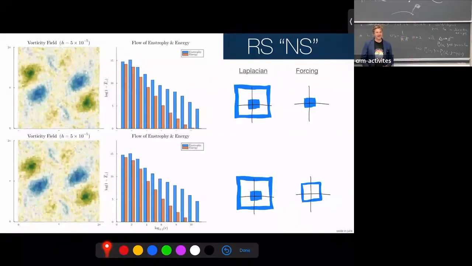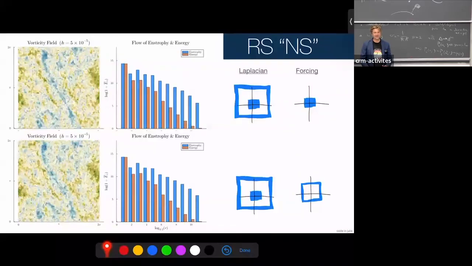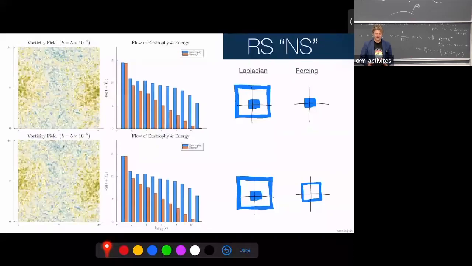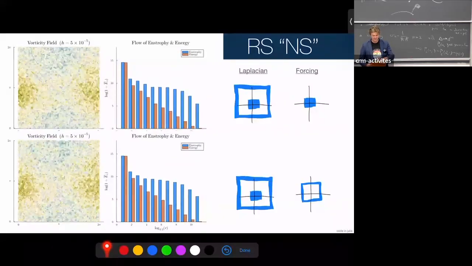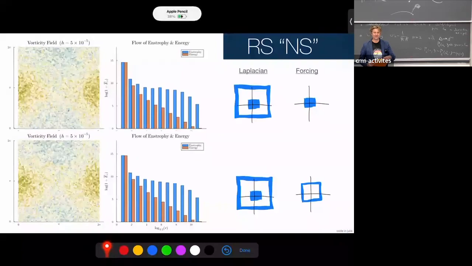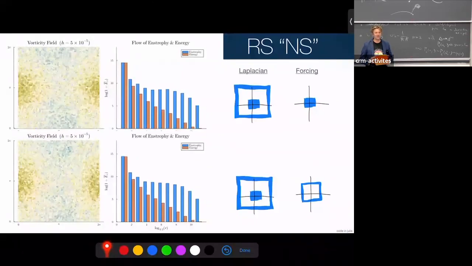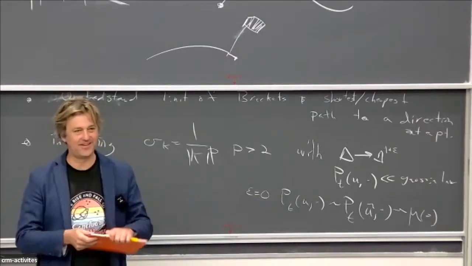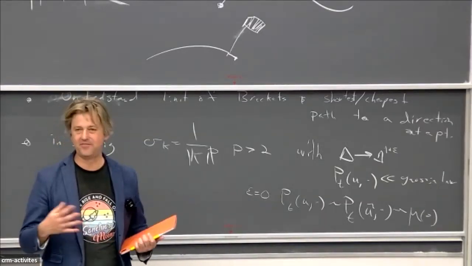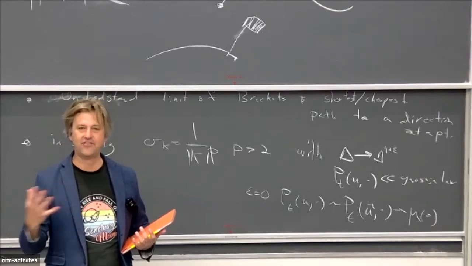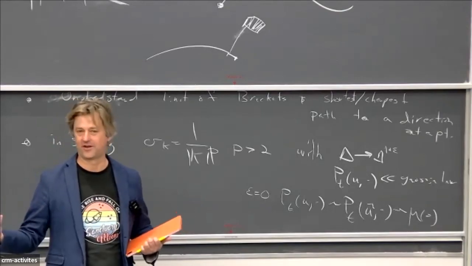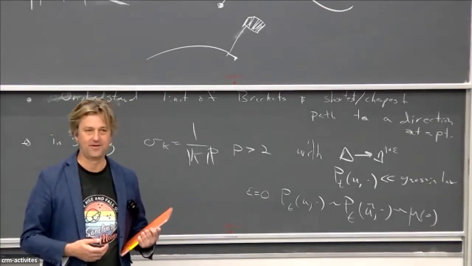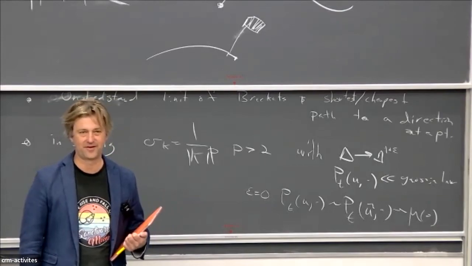I'll just say that I have to leave soon after this because I have an airplane to catch, but I really thought this was a great conference, modulo some of the talks. Mine. But I thought it was really nice to be back in person. And thank you to the organizers, really. I really felt it was a really interesting energy at this conference where we all were really talking a lot to each other and lots of interesting questions and lots of interesting ideas back and forth. So I really applaud the organizers for figuring out how to make that happen.